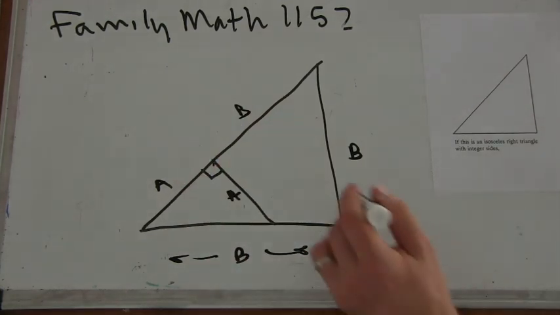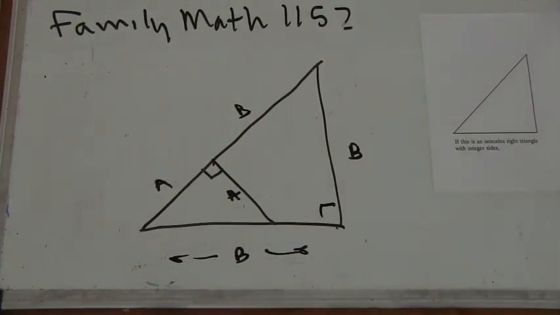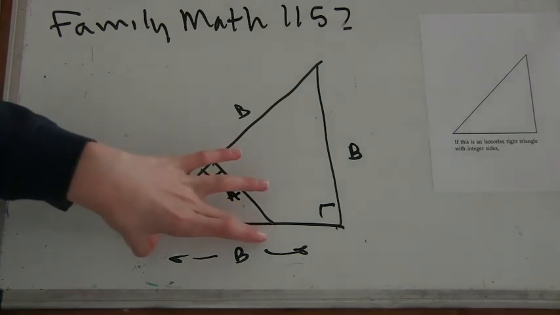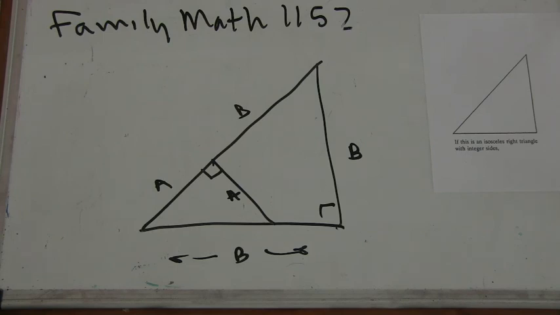Okay, so what relationship do we know from the Pythagorean theorem? Let's see, we know this side here is the square root of 2a squared. Okay, yeah, we know the length of this side, but what relationship between A and B do we know from the Pythagorean theorem? We know, I guess we could